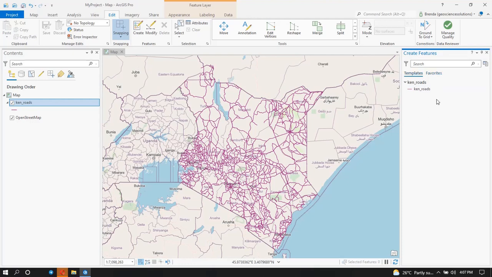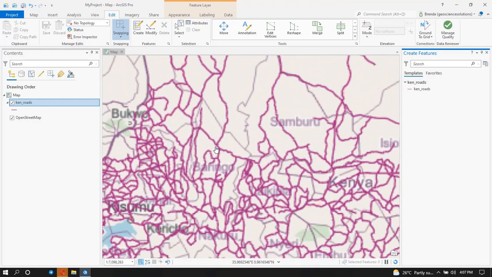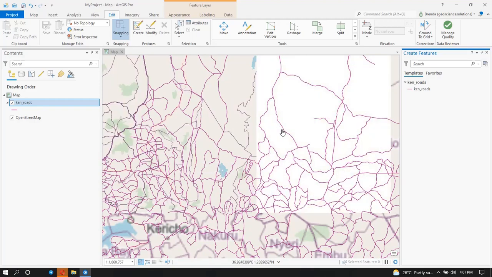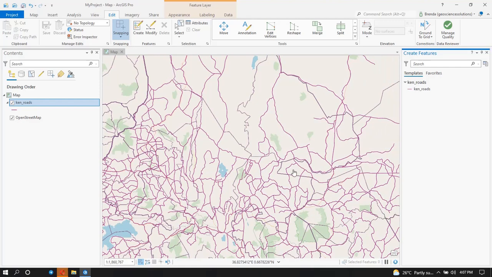And so to start creating features, in this case our roads are in line format. It's a vector and it's in a line format. Vectors can be points, polygons, and also lines. So for this one we're dealing with lines. If we zoom in here a bit, let's assume I want to create a new road somewhere here. So now I have clicked on create features. What I'm going to do is click here